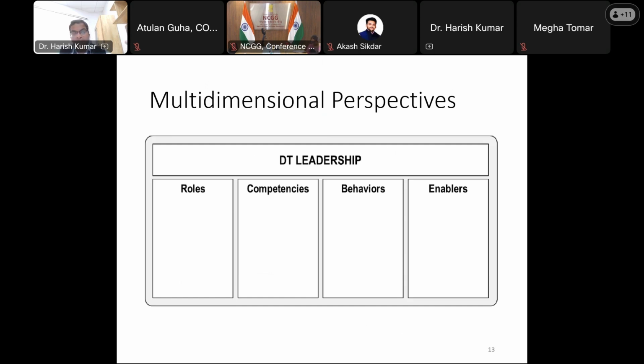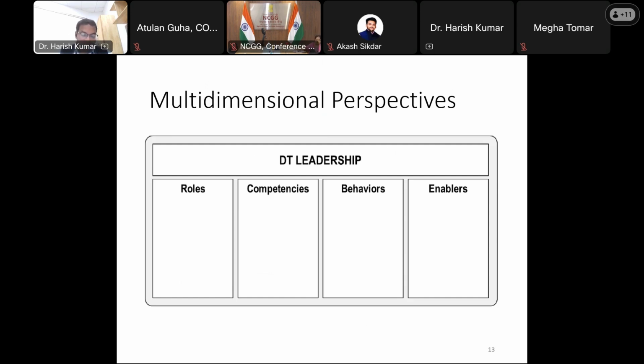Then innovators. Like I was mentioning, the government is giving funding to multiple universities and institutions for incubators, startups and other things, and we can ask them. Then managers executing work, and coordinators. In case of smart city projects, for example, we have a CEO of a smart city. In the same way, we can develop managers or other positions, those who are responsible for executing work and coordinating all the resources.